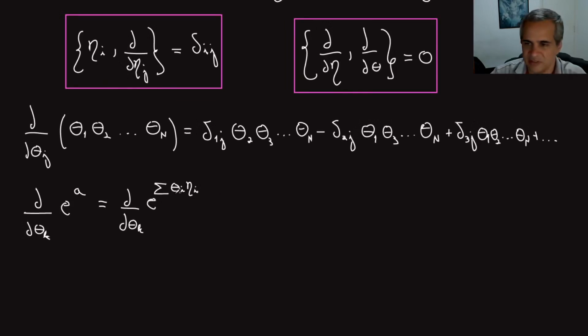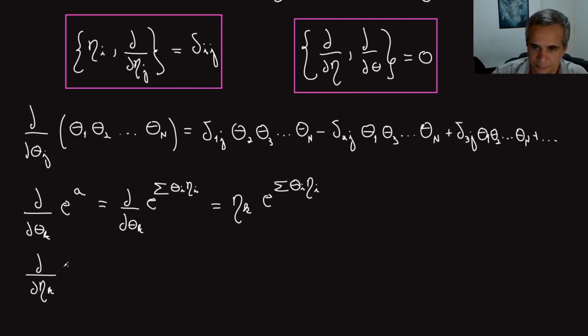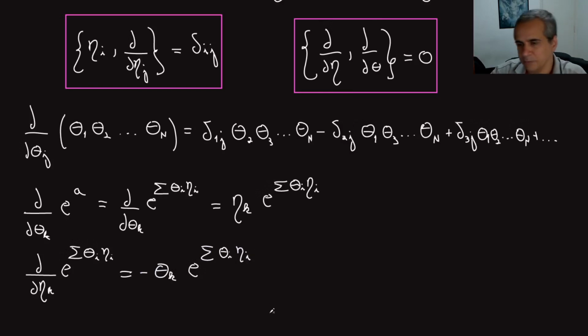Because you can write this exponential as a series. I won't do it here. I'll give that as an exercise. And you can show that the effect of this derivative will be to bring down this eta, and this will be eta k exponential of this sum, theta I, eta I. And in the case where you differentiate with eta k, the same thing, then I'll have minus theta k exponential of theta I, eta I, which is easy to remember because you can think that you have to go over eta to act on this guy,